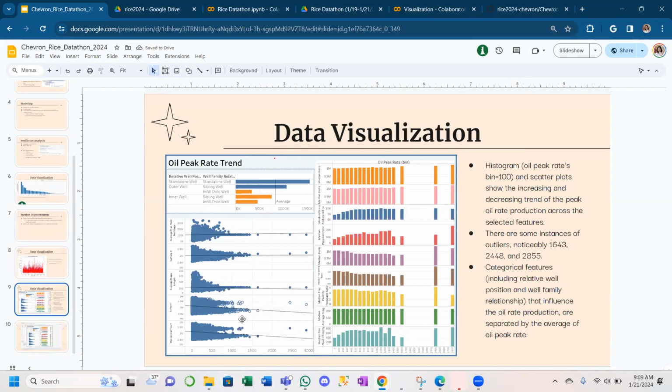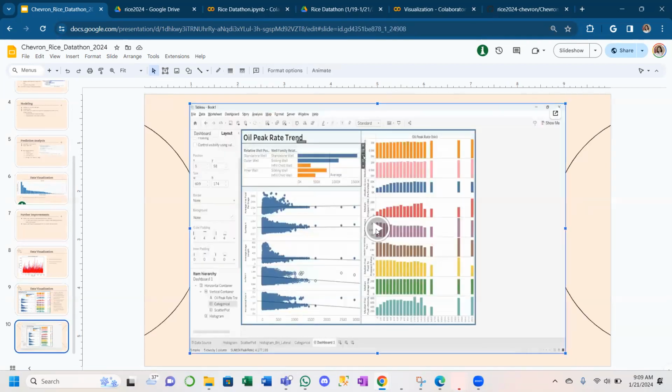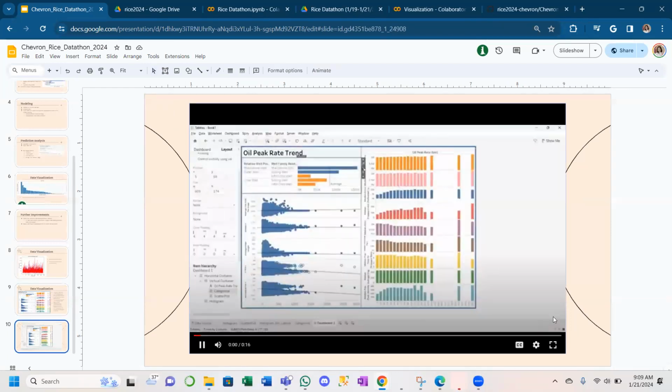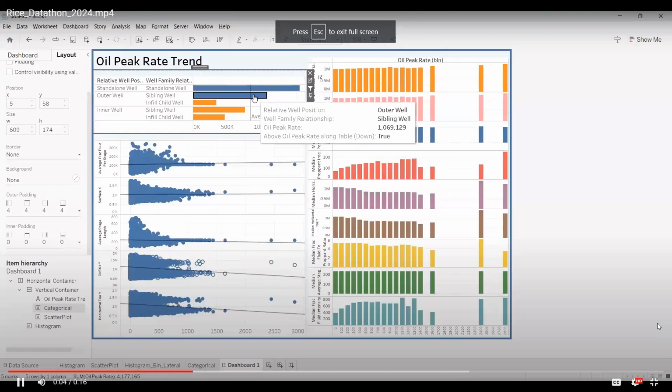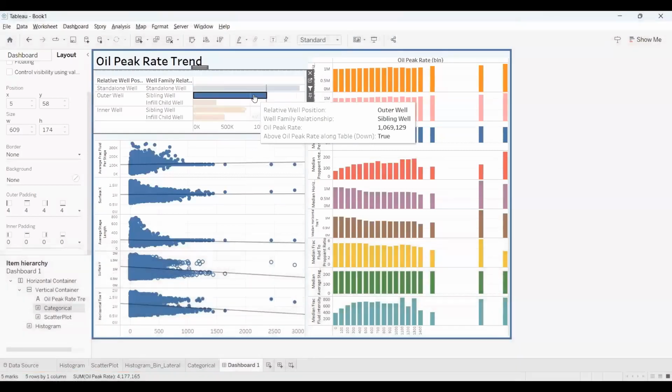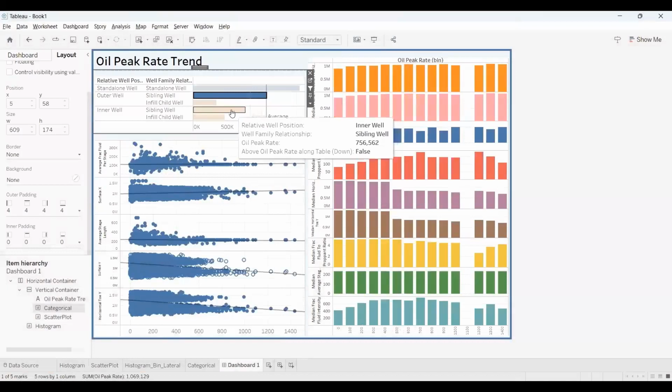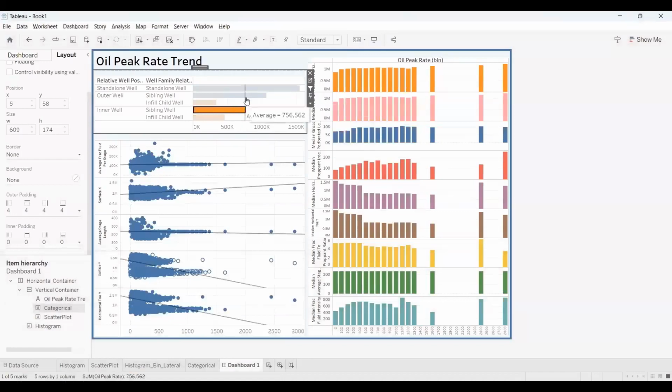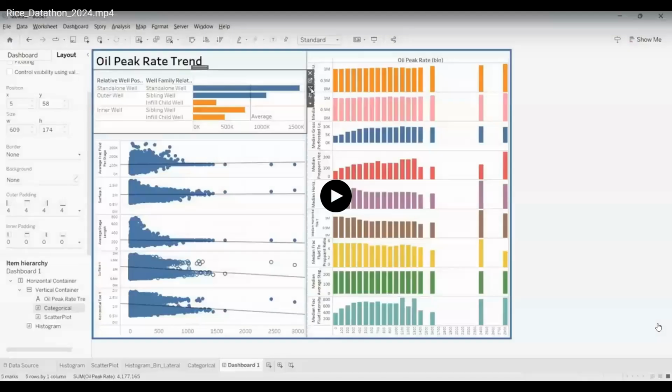Lastly, for data visualization, we have a dashboard that we created, and it does show a lot of useful information. And here's a brief description of what the dashboard vaguely covers. And this is a video of the dashboard working. As you can see, there's different stages of, I believe it was, the well family relation that you can see. And as you click them, it's just